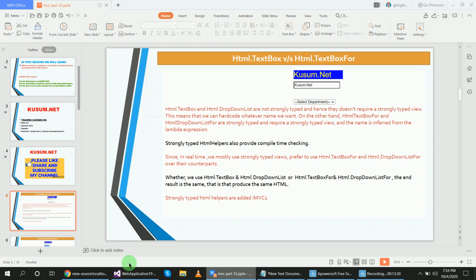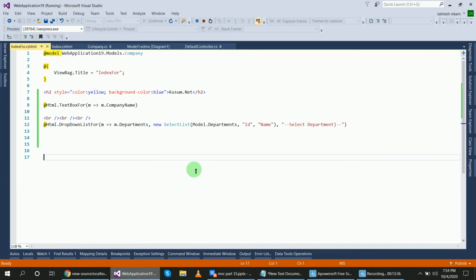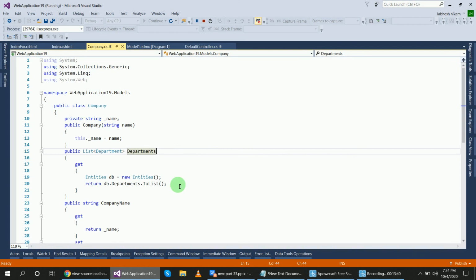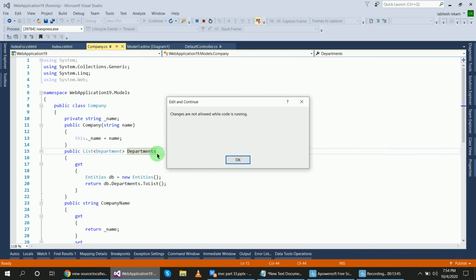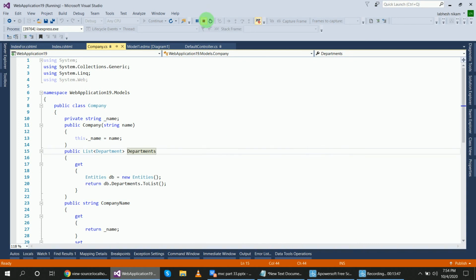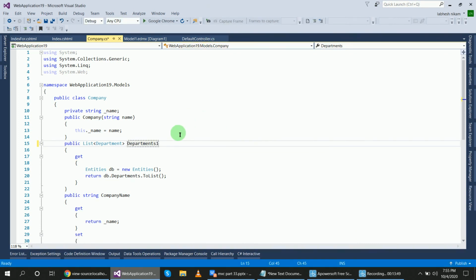And also why we prefer strongly typed, because it checks compile time errors. How? Let's see now. Inside of the Company class, I will change this Departments name to Departments1, okay.